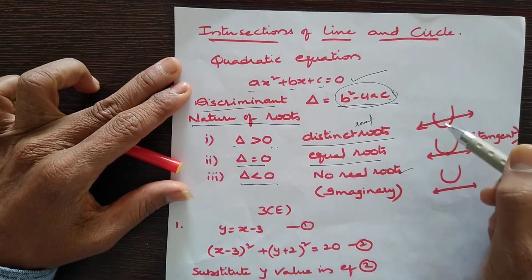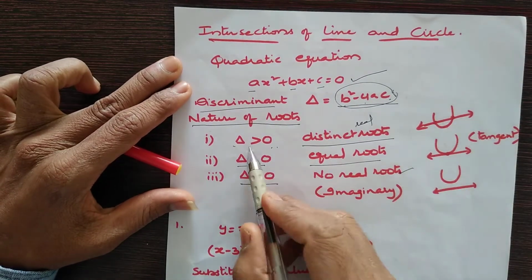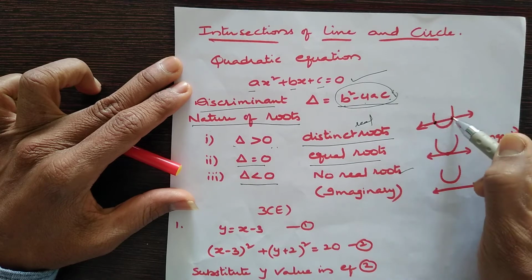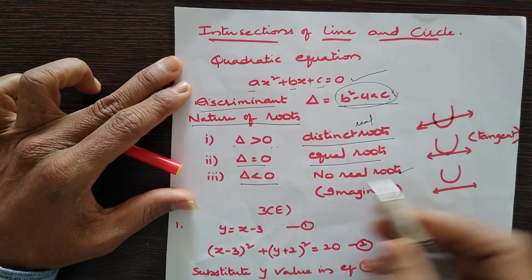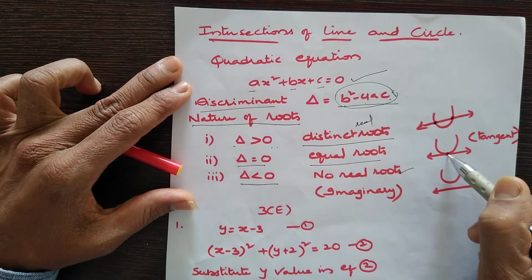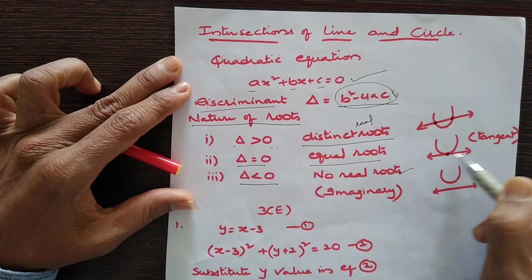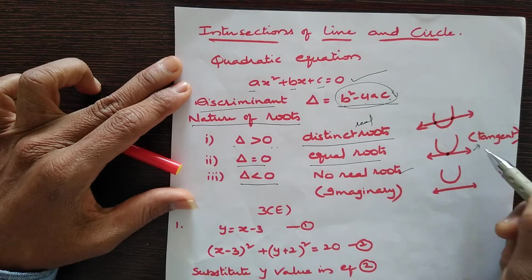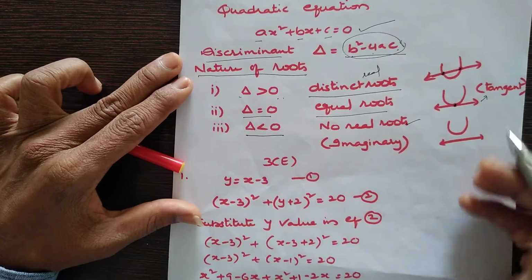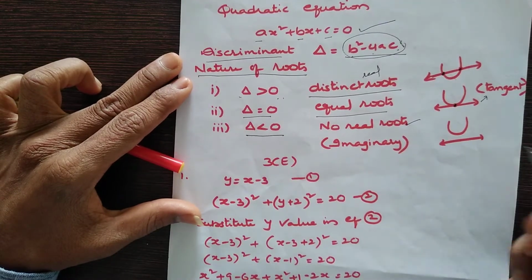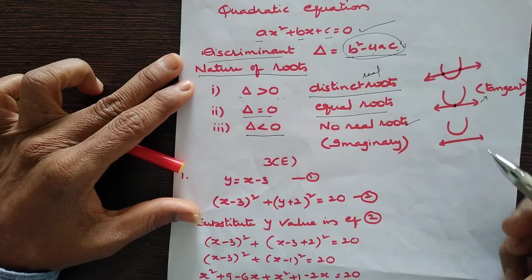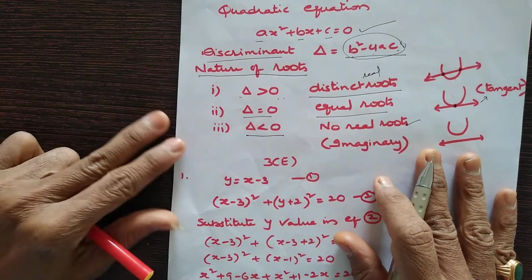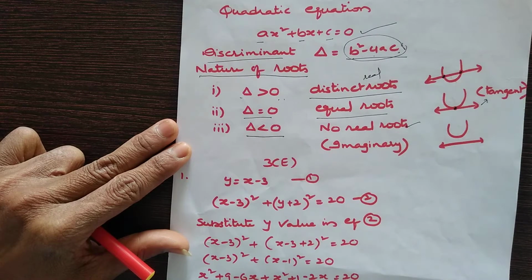If you show it diagrammatically, delta greater than 0 means the line intersects the curve at two different points. If delta is equal to 0, it is one point only. If the line touches the curve at one point, we call it a tangent. And no real roots means there is no intersection between these two, no common point. So by applying this, I am going to explain